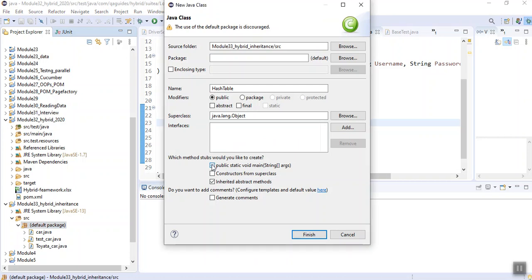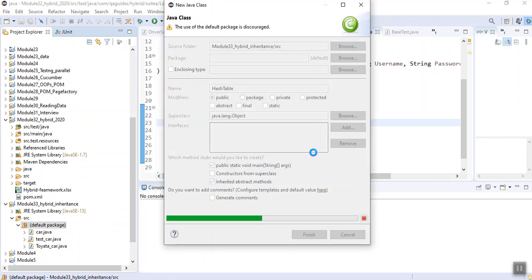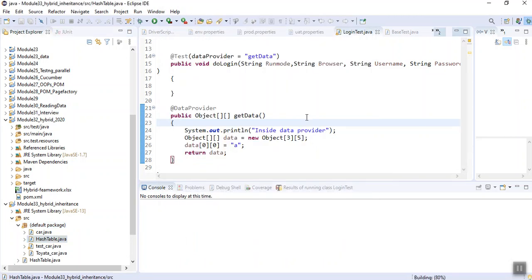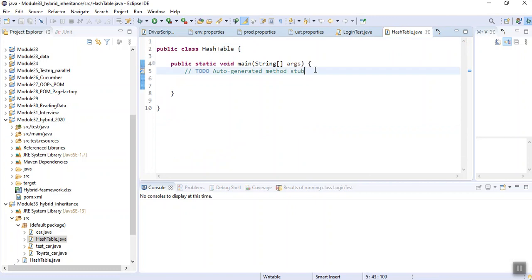I am creating a new program here. For hash table, we need to create the object of hash table, like this.